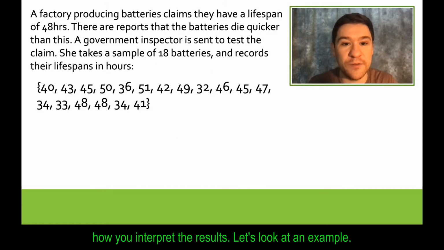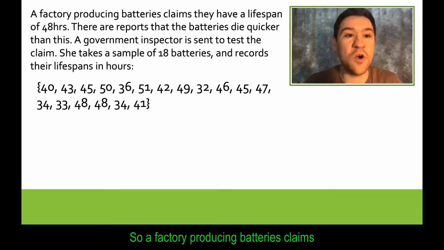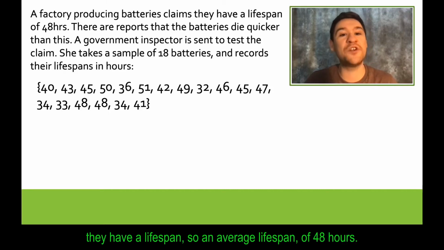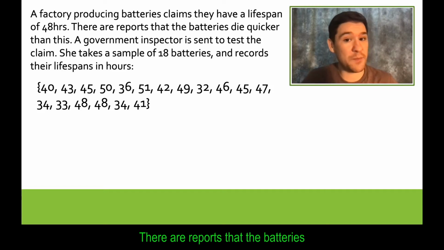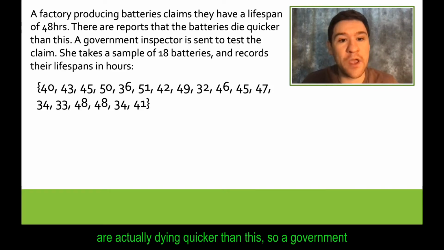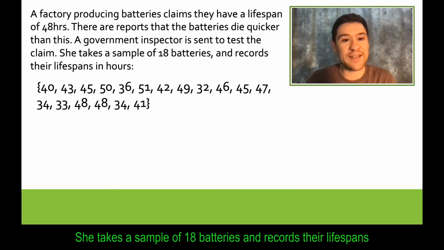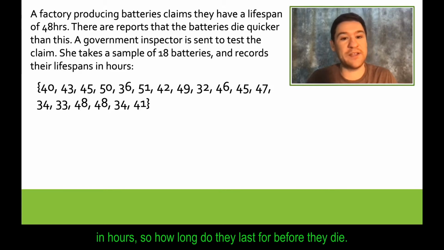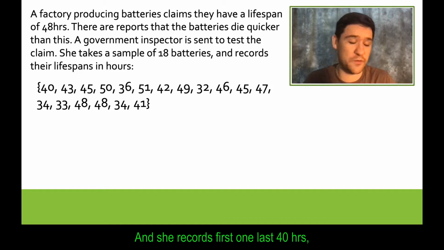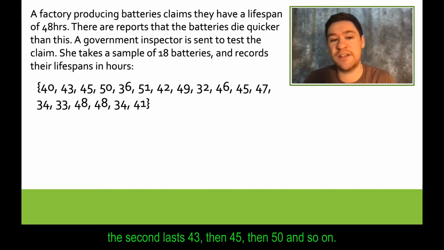Let's look at an example. A factory producing batteries claims they have an average lifespan of 48 hours. There are reports that the batteries are actually dying quicker than this. So a government inspector is sent out to test the claim. She takes a sample of 18 batteries and records their lifespans in hours. So how long do they last for before they die? And she records the first one lasts 40 hours, the second one lasts 43, then 45, then 50, and so